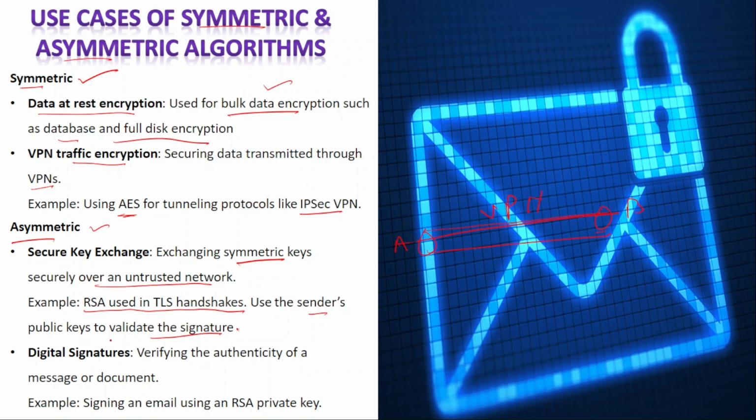Again, we will study how this verification of signature is done in a moment. And again, digital signature verifies the authenticity of a message or document. So digital signature, as I said earlier, does two things. One is authenticity of the origin of the message or document, and the other is integrity. So both that the message is not altered, it is the same as sent by the sender, and the origin or the sender is